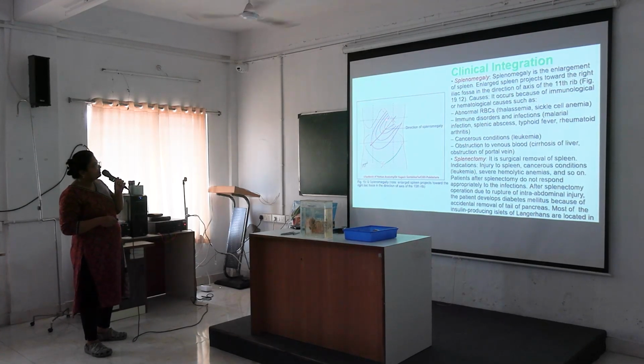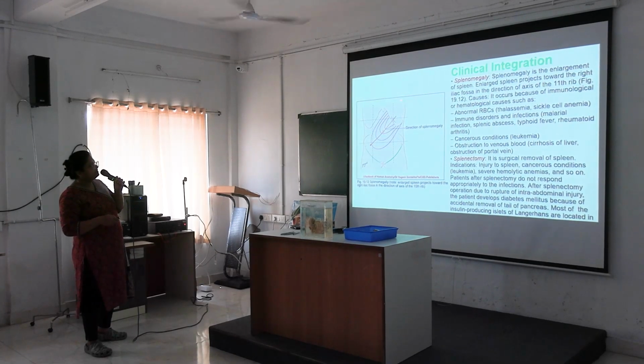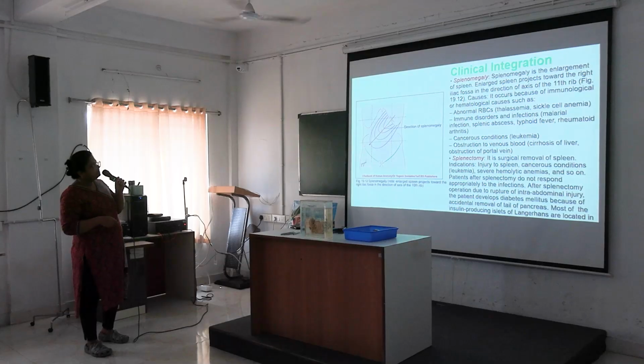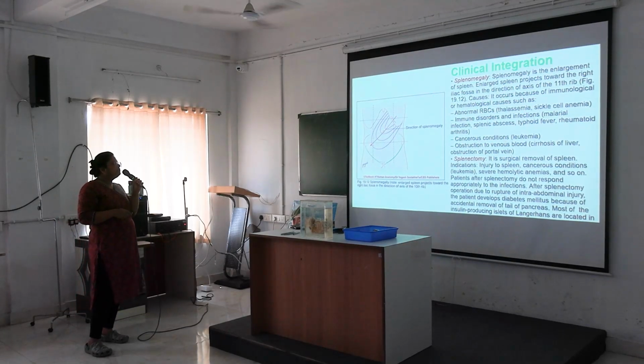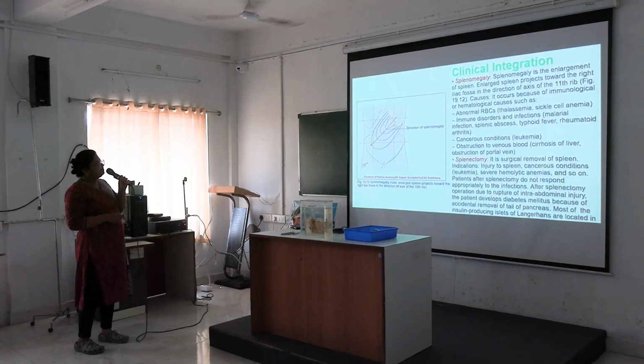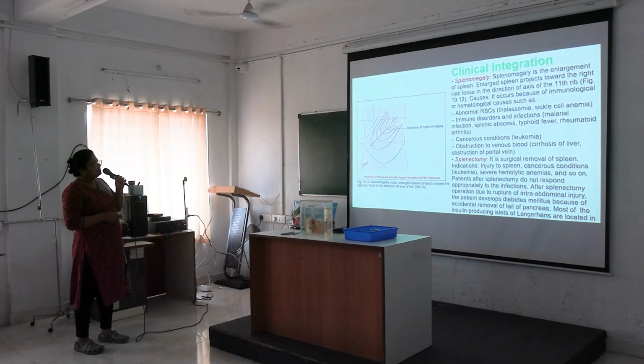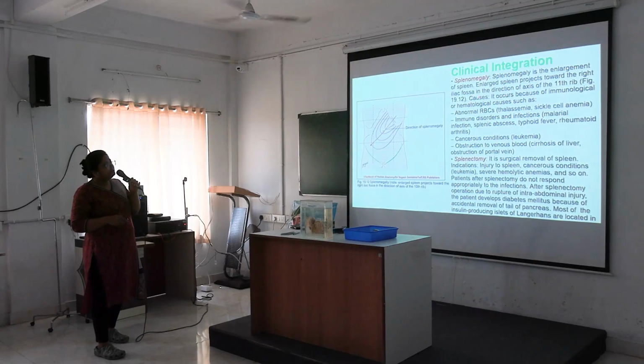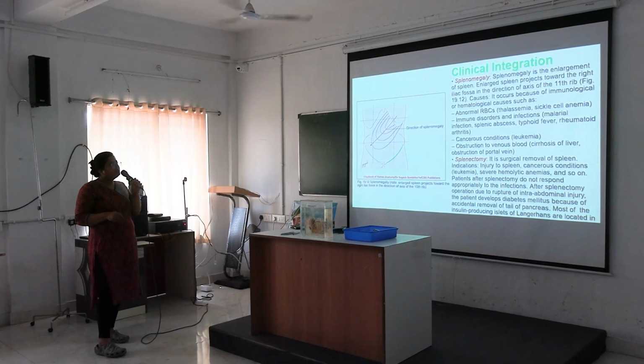Splenomegaly. See, this is the direction of splenomegaly towards the umbilicus. Then it is directed to the right iliac fossa. This arrow represents the direction of splenomegaly. Here is the normal position, gradually increasing in size. Splenomegaly is enlargement of the spleen. The enlarged spleen projects toward the right iliac fossa in the direction of the axis of the 11th rib,